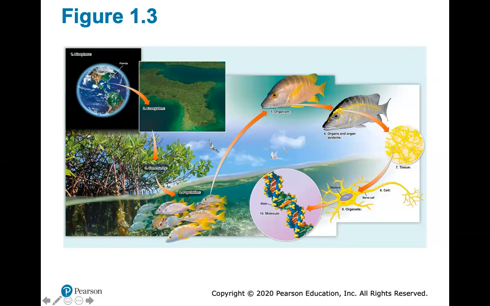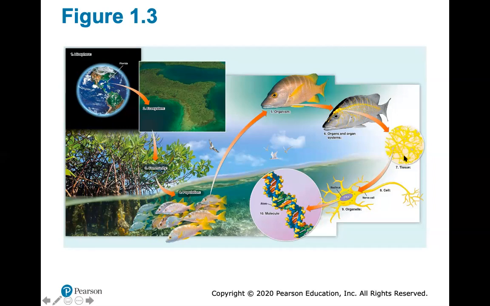So if we start with the biosphere, which includes the entire Earth, and we focus in on Florida, we can look at a specific ecosystem, which is a section of Earth's biosphere. And within the ecosystem, we can look at a community, which can contain different populations of species. And if we look at one organism of a species, then we get into what makes up an organism: the organs